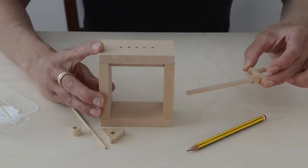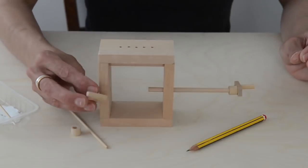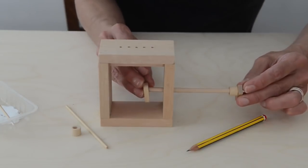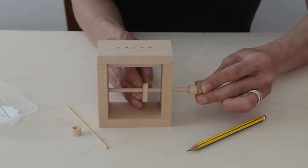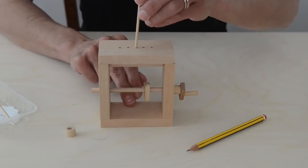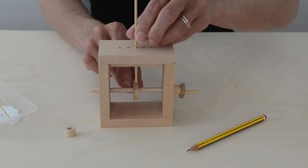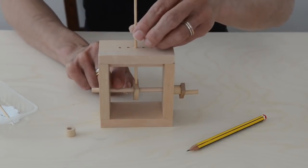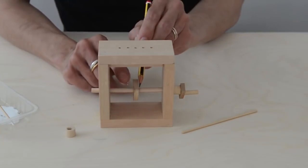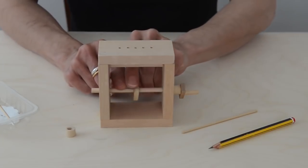Okay, when everything's dry, push your drive shaft through the side and choose which cam or wheel you're going to use to get the movement that you need. Push it onto the drive shaft and keep going all the way through until it comes out the other side. Now have a think about which hole you want to choose in the top for your model to move from, and just test with a stick that you've got your cam in the right place. Then with a pencil, just mark either side of the cam on the drive shaft and move it to one side